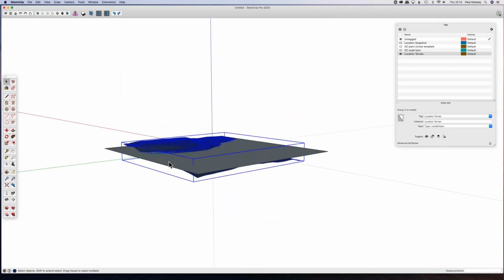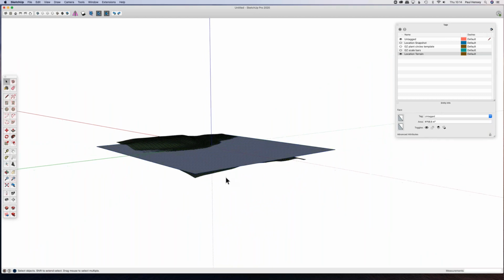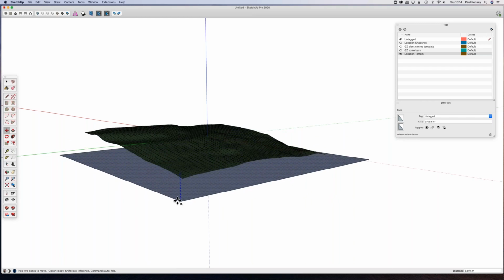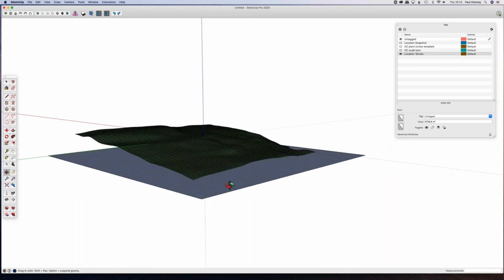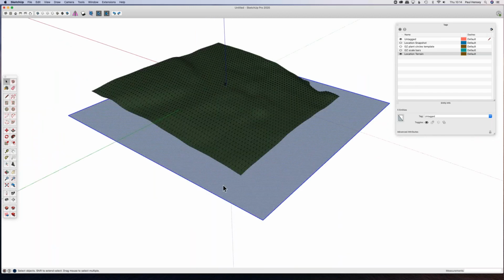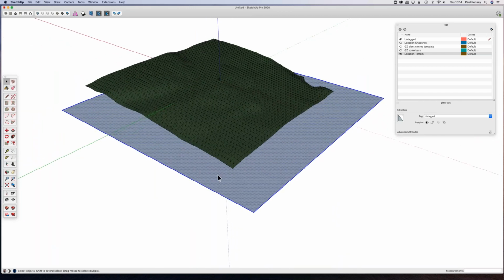And I'm going to position that rectangle. I'm going to drag it down so that it's just below the level of the lowest point of my terrain. It doesn't matter if I miss it, so I know that it sits below. And then I'm going to take this rectangle, double click it to make sure I select everything, and then I'm going to drag up a copy